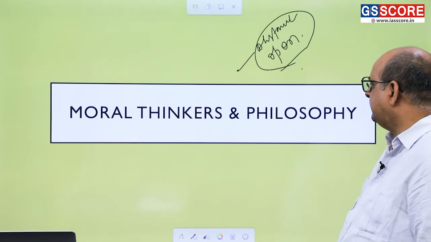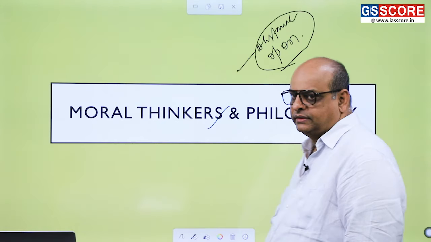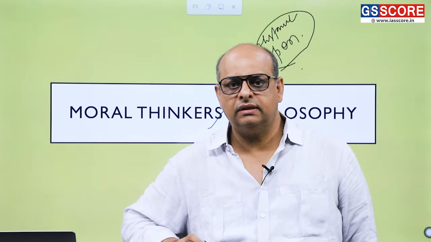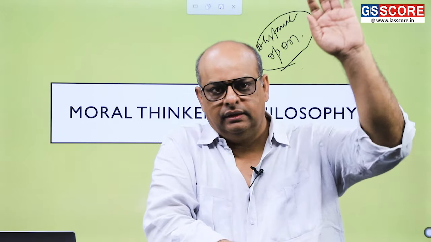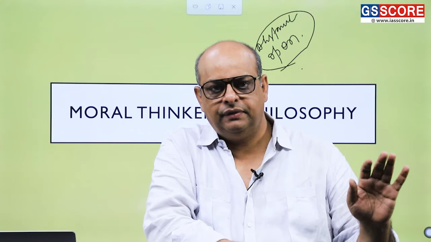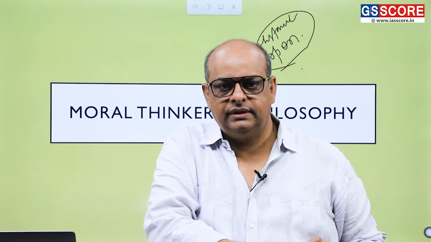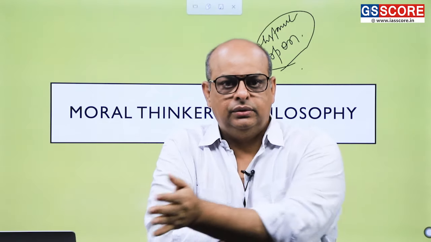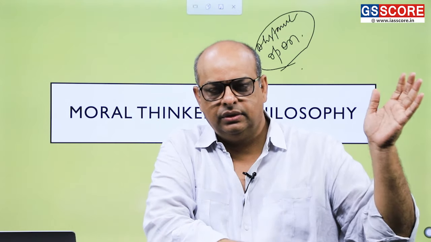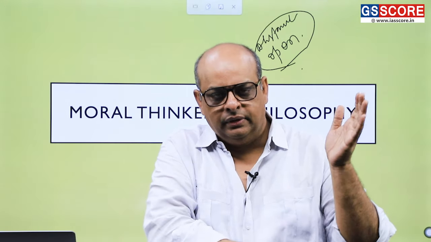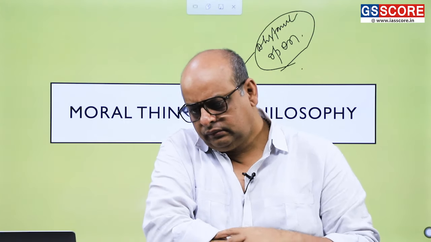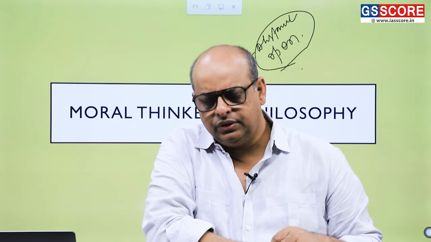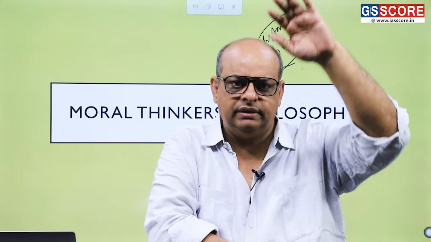So now the question is how to approach it. There are three ways to approach moral thinkers, philosophers. Number one, you make a list of Western philosophers, Indian philosophers and thinkers, and the leaders. And then one by one, you start from Socrates, right from there to Kautilya, to Buddha, to Gandhi, to John Rawls, to Mandela, everything you have to list and then you can go